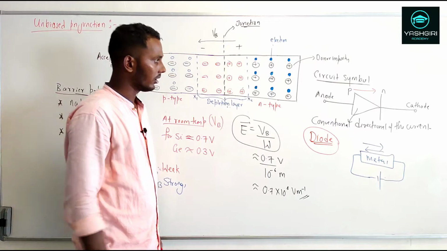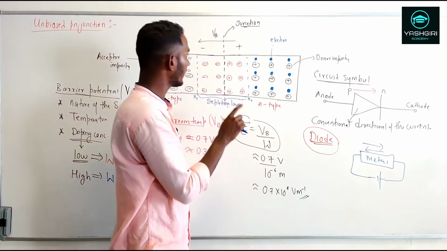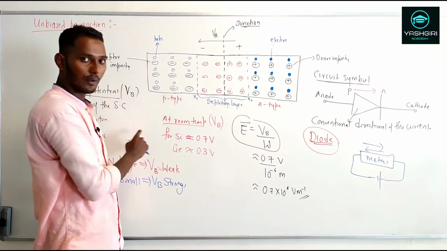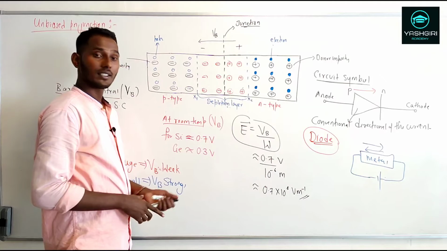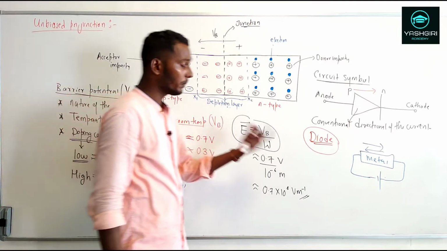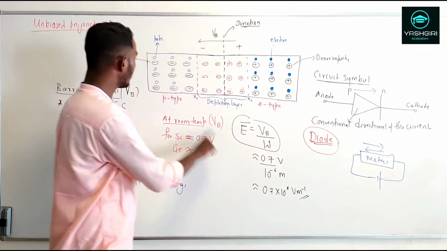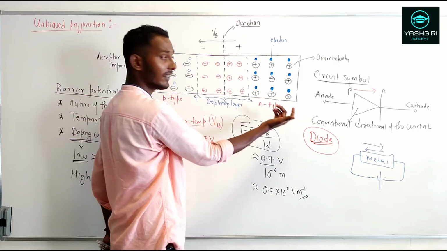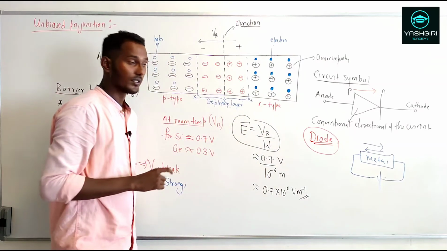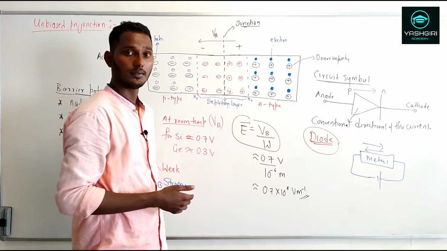Now the next thing we are going to do is connect this PN junction diode to external batteries and then study it. There are basically two possibilities of connecting a battery. One is that you connect the positive terminal to the P side and the negative terminal to the N side, and the other way is the reverse of that. Both of these we will see in detail.